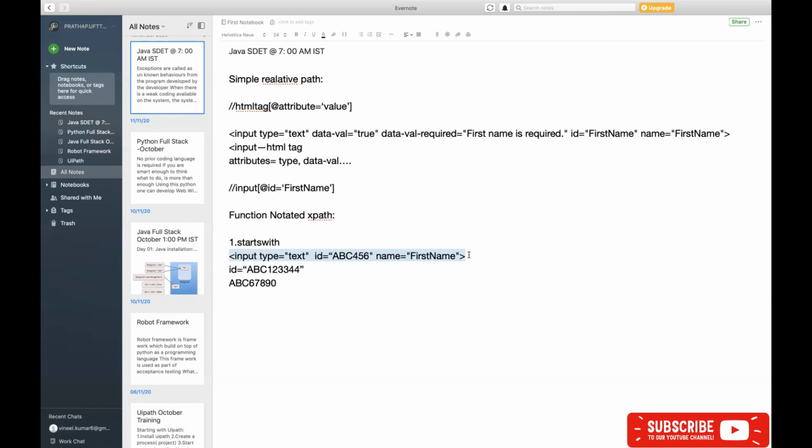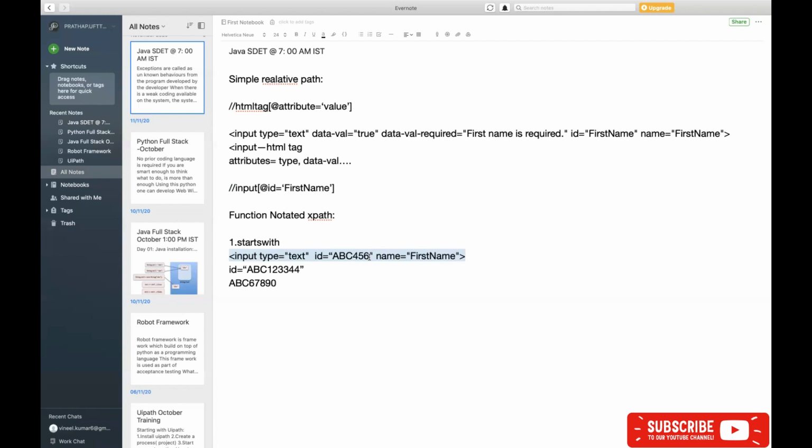When I compare these two XPaths, I find the ID property is getting changed. The starting part, the word ABC, is constant, and after that the numerics are changing dynamically.